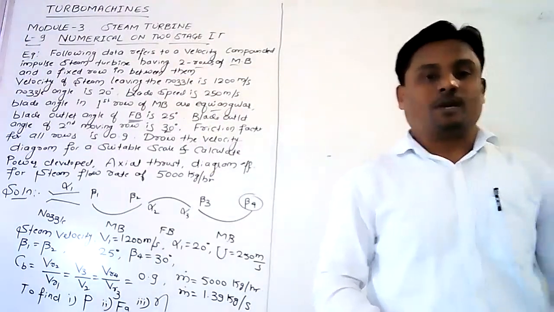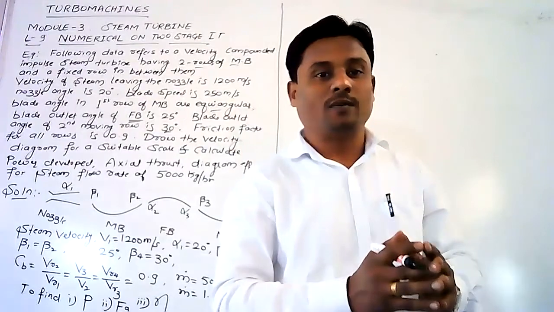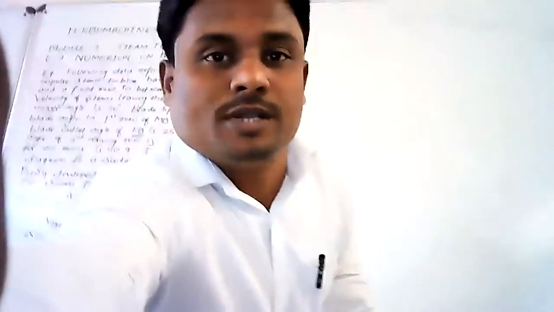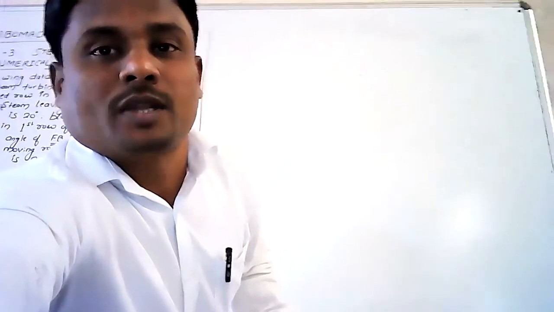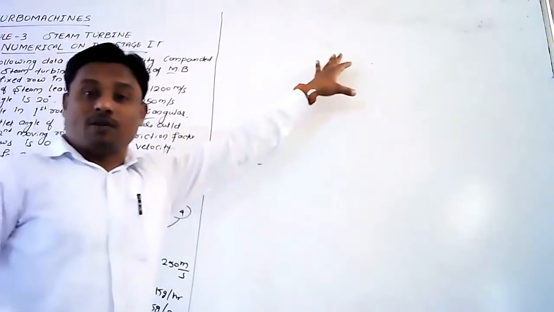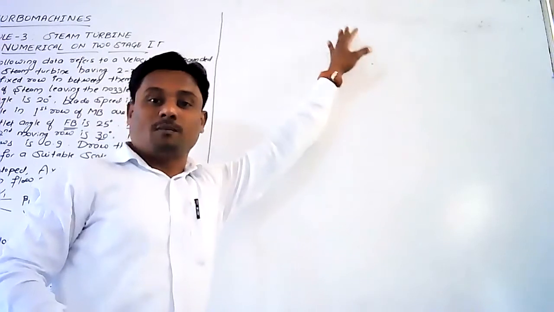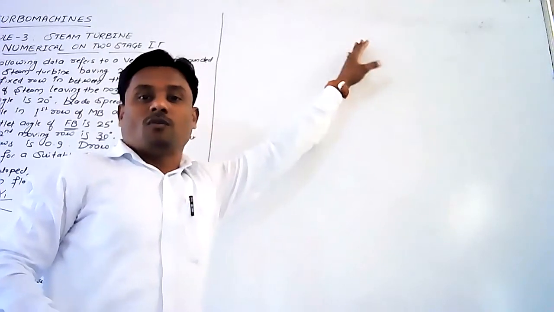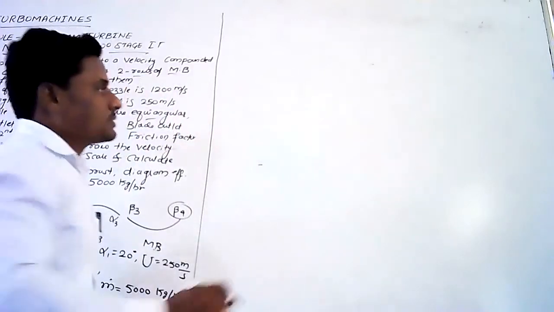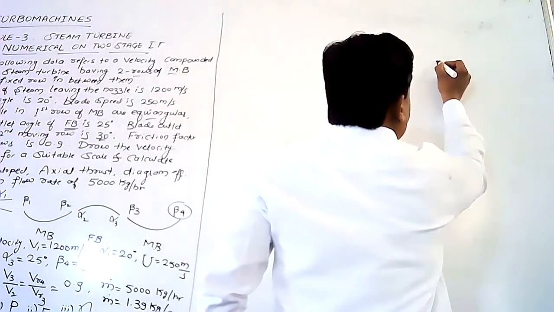Next step of solution is we have to draw a rough sketch for the combined velocity diagram. Listen here carefully, how to draw the rough sketch for a combined velocity triangle. This is the reference figure, not the actual figure. We will use it as a base for drawing the actual diagram on the graph paper. First, just draw this smaller diagram here.